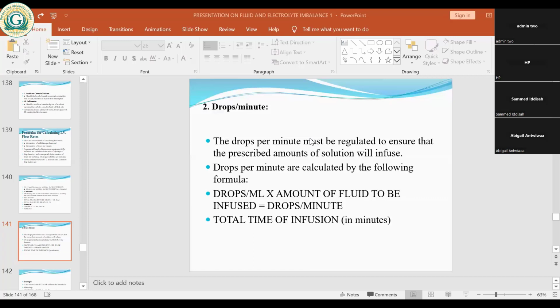By 6 p.m., the doctor came to review the client